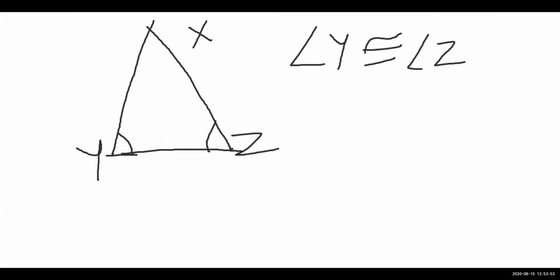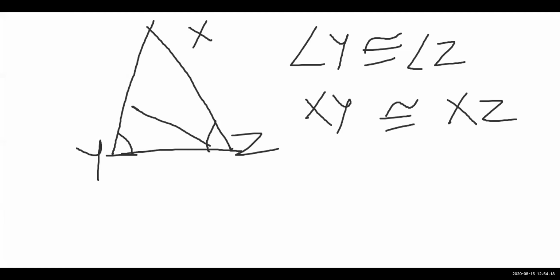Which sides will be congruent? Very good. XY and XZ. Very good. The side opposite to Z, XY, is congruent to the side opposite to Y, XZ. Very good. So I hope the two concepts, that is of test of congruence and